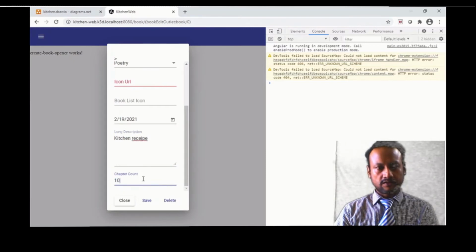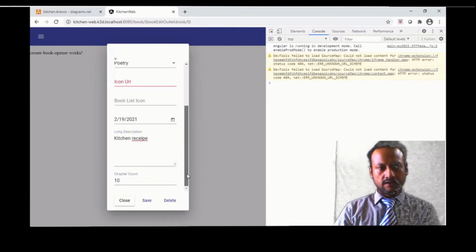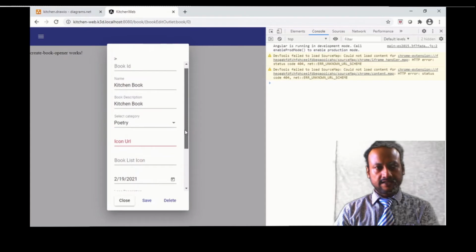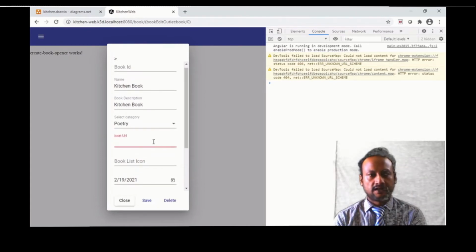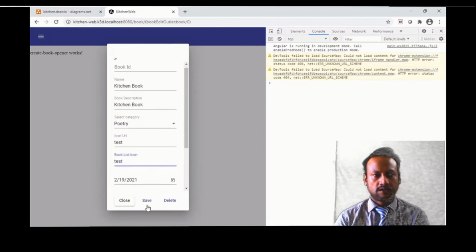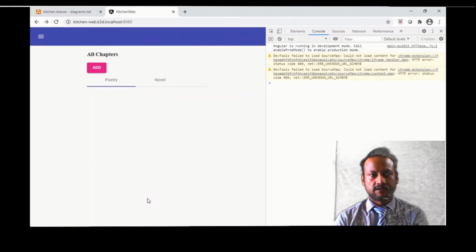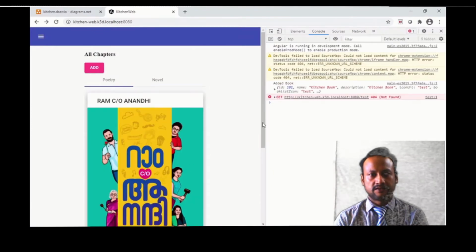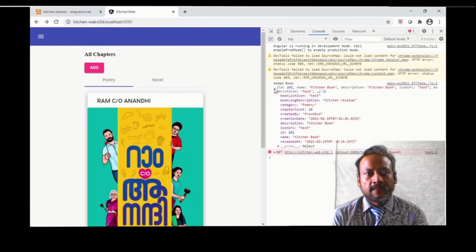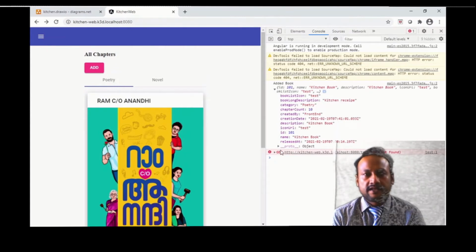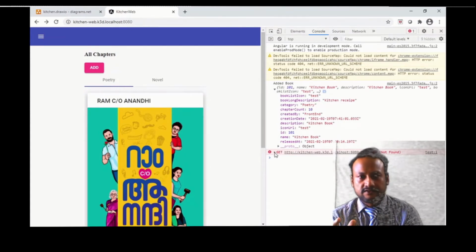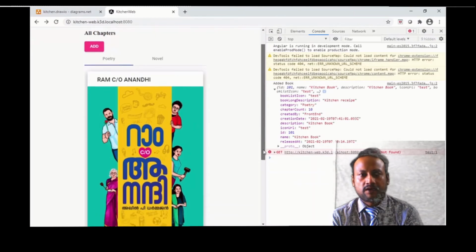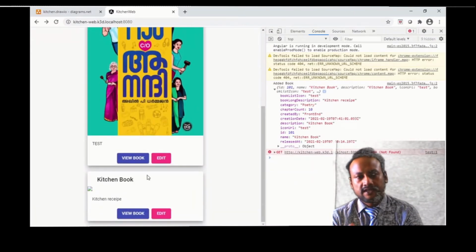I don't think it will allow me to save, but let's see. I think we can get an existing URL. Yeah, so there is an error because it's trying to get the image, but the data has been inserted, so the image is not proper. We will change that. You could see the data is inserted.